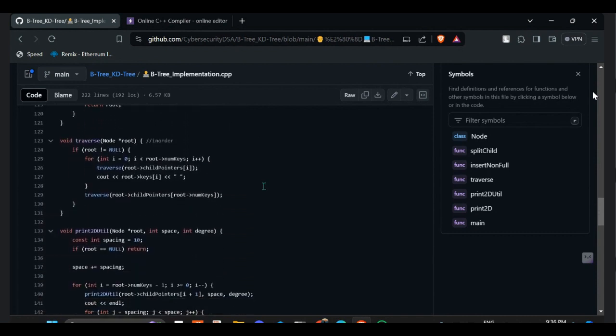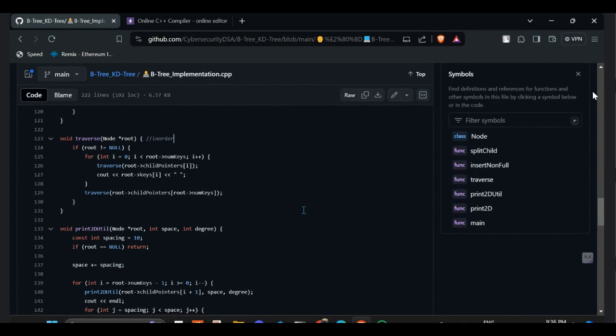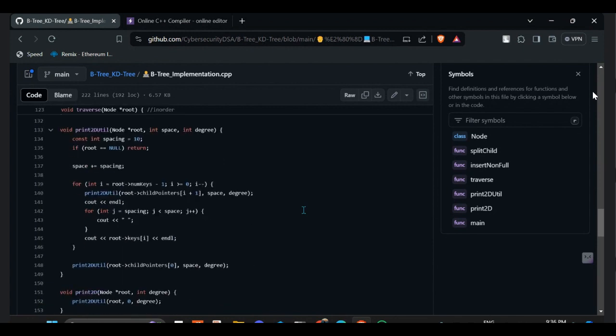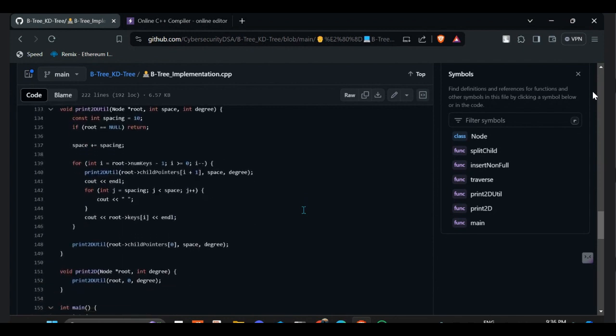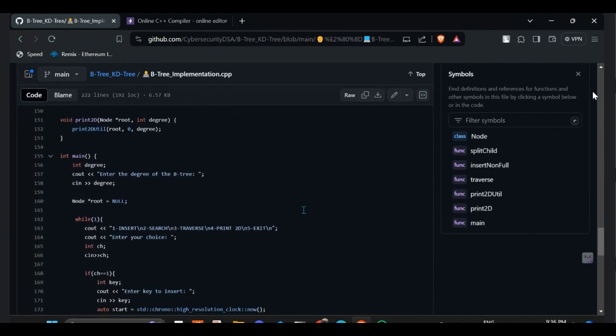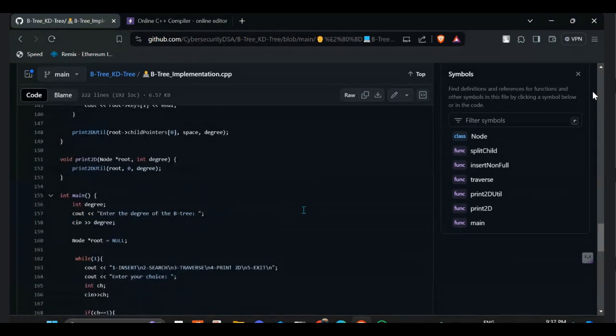And then traverse, as usual, traverses through the children first, like it traverses through the root node and then to its children. If that child doesn't have any other child, it comes back to the root node and then to the next child. So recursively it happens. And then the print 2D util function is used in the print 2D function. It is called by the print 2D function, and print 2D util function is used to